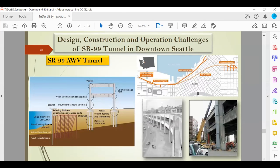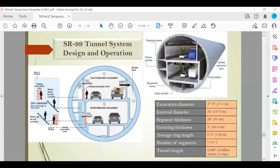Moving on, a couple of slides from the Alaskan Way Tunnel that we built. This is also a signature structure and a replacement of the viaduct. That one was also the same project as the superelastic material. The tunnel opened to traffic in 2019, and the viaduct is now gone, so you won't see that anymore. The tunnel was a single bore tunnel, the largest single bore in the world at the time of construction. I think it still is, at 57.6